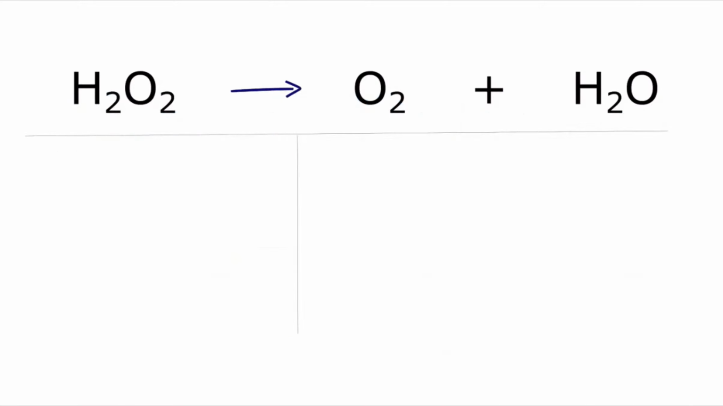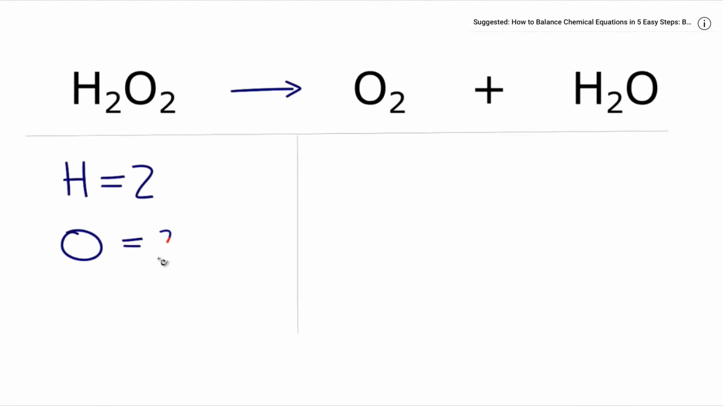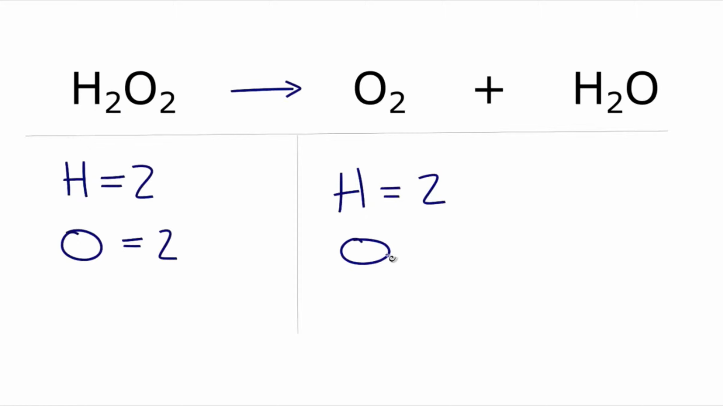For the equation H2O2 yields O2 plus H2O, we'll first count up the atoms on each side of the equation. On the reactant side, hydrogen, we have 2, and oxygen, we also have 2. Over here on the product side, hydrogen, we have 2 of those, and then oxygen, we have 2 right here,